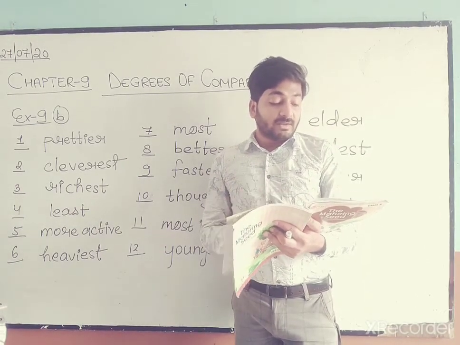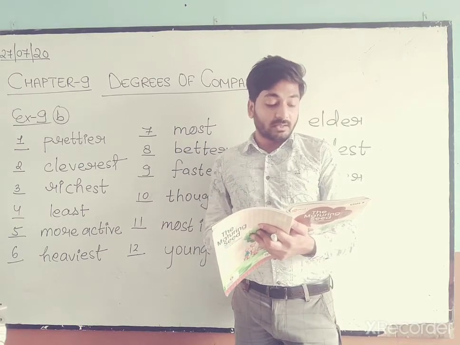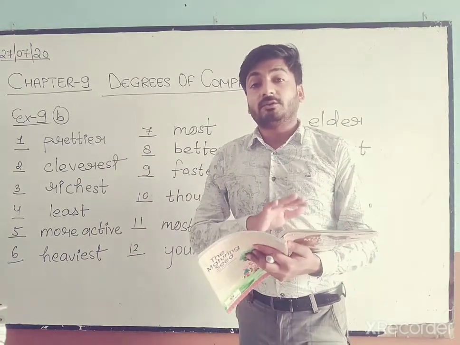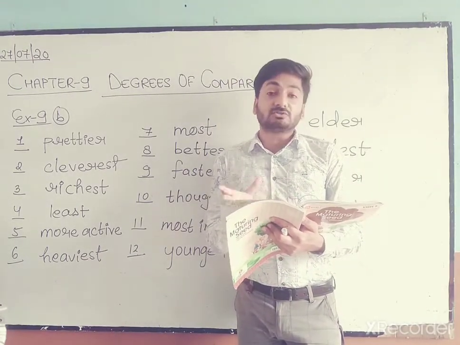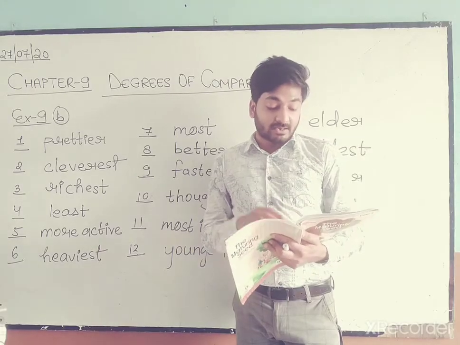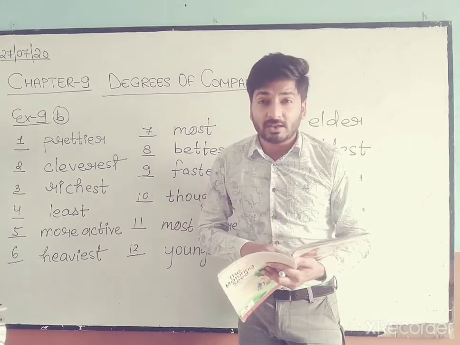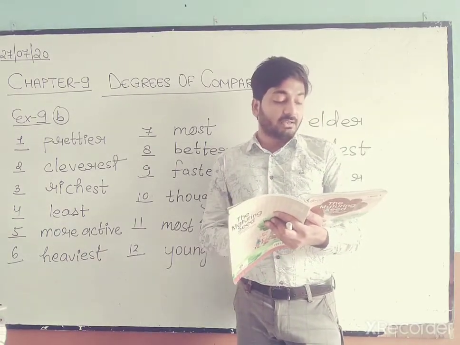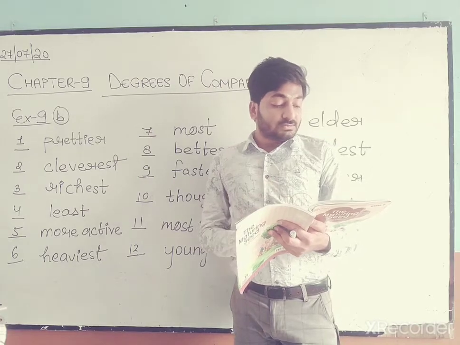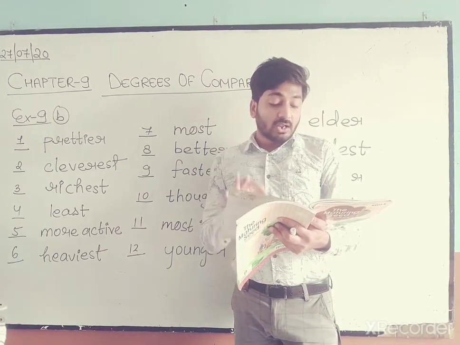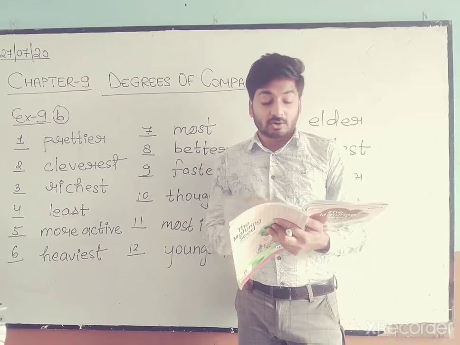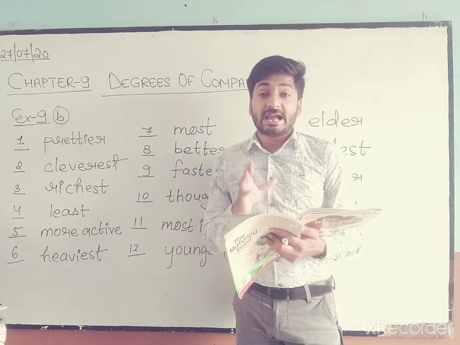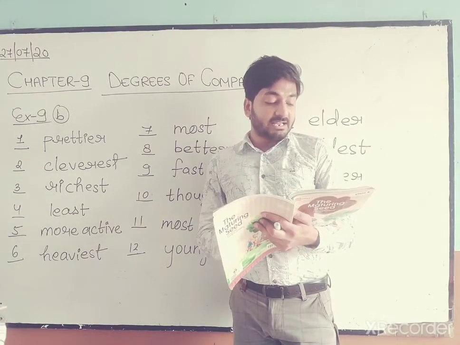Number 9. The flood situation this year is dash than last year. Last year की flood situation और इस साल की flood situation को compare कर रहा है. So हमको bad का comparative degree लिखना है. Bad का comparative degree क्या होता है? Worse. W-O-R-S-E worse लिखा. Okay, in the blank. Number 10. This room is too small. I thought it would be dash. What will come? Big का comparative form. Bigger. B-I-G-G-E-R.